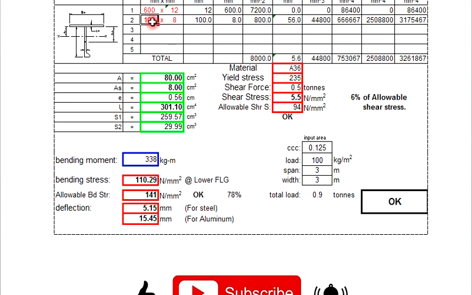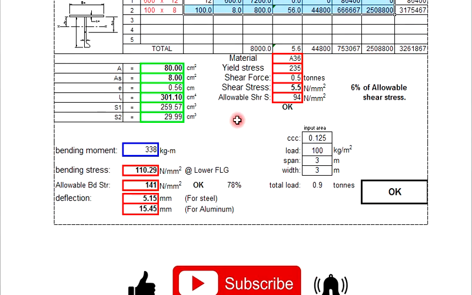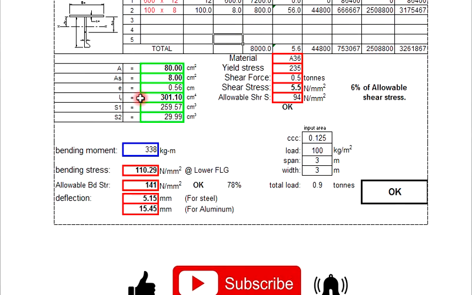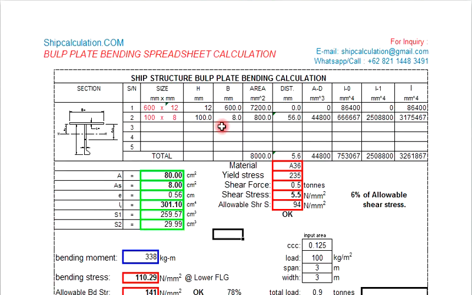If you are using the small one, it will become fail here. So you have to change this 100. The others you don't need to change. Even this formula, let's say you are using it to check the dead loading, everything, this formula you can also attach in your calculation to determine the section modulus. If you don't have the section modulus calculator, you can use this spreadsheet calculation,